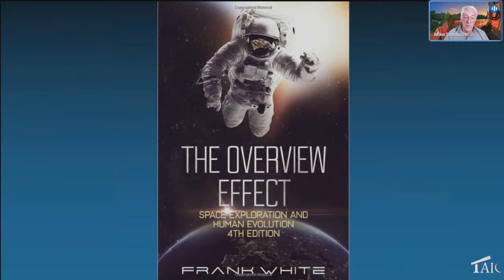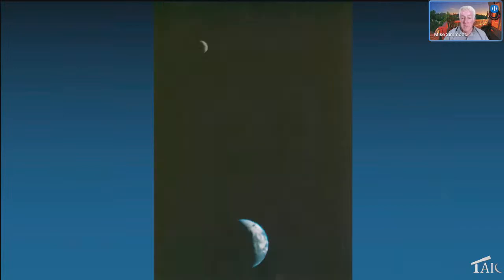And this is the overview effect by Frank White, who had talked to a lot of astronauts and continues to. And this is Voyager 1 taking a picture of the Earth and Moon from 7 million miles away. The first one to include the Earth and Moon in a single frame, taken by a spacecraft. And then, of course, there's the famous pale blue dot. And here's the thing that astronomy,